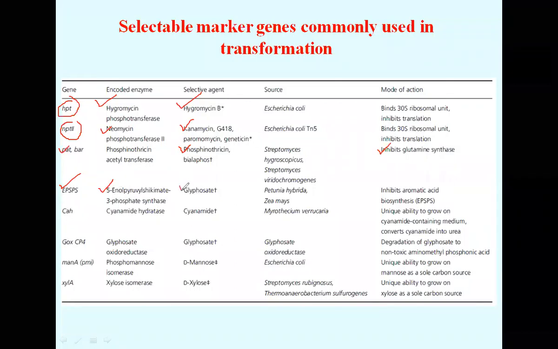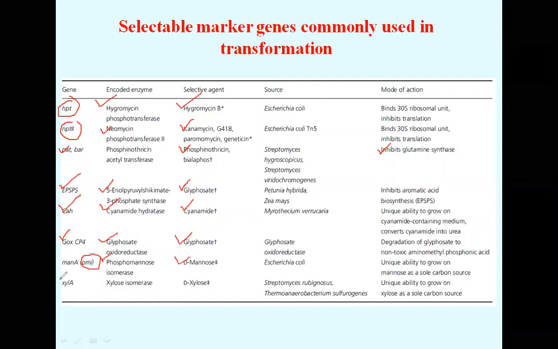So it confers resistance against glyphosate. This is a herbicide, right? Then you have, for example, the CAH gene, which codes for an enzyme called cyanamide hydratase, and it will provide resistance against cyanamide. Then you have GOX, the glyphosate oxidoreductase gene, which codes for glyphosate oxidoreductase, which will confer resistance against glyphosate. You have MAN-A, also called the PMI gene. It is also very commonly used, PMI, which codes for an enzyme called phosphomannose isomerase, which will confer resistance against